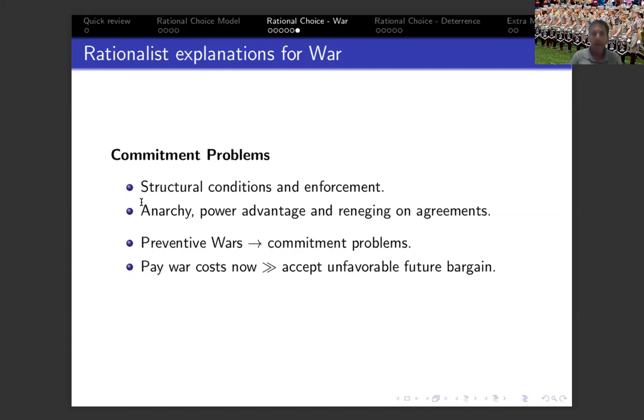So for actor B in this case, the costs of war in the current period are lower compared to their decline in power in the future, which means it is a rational decision to initiate a preemptive attack, a preemptive war, a preventative war. That's the idea behind the commitment problem in this case. And the fear of the future outcomes is not based on private information, as I talked about in the previous explanation that Fearon offered, but is actually based on those structural conditions which provide opportunities for one actor to renege on an agreement over the other, and then it provides rational incentives for this other actor to go to war.